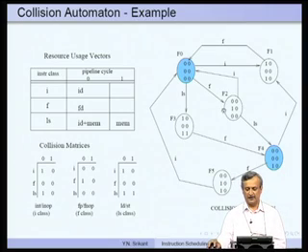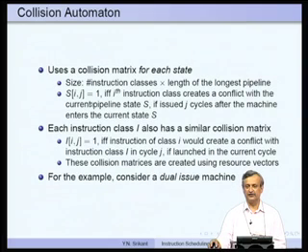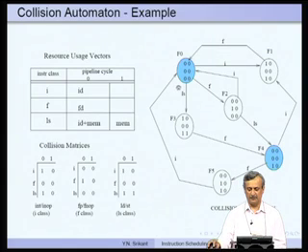Now, we also saw the matrix in each of these states. What is that about? That is what this is. In the collision matrix for the state, Sij equal to 1 if and only if the ith instruction class creates a conflict with the current pipeline state S if issued j cycles after the machine enters the current state S. So, in other words, the first column corresponds to the current cycle, the next column corresponds to the cycle after the current cycle. So, current cycle plus 1, and if we had a third column, it would have been current cycle plus 2